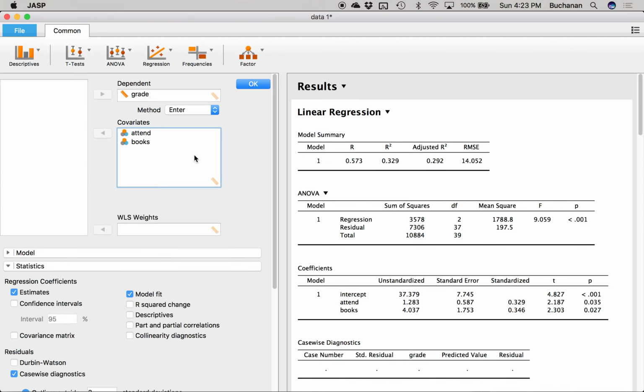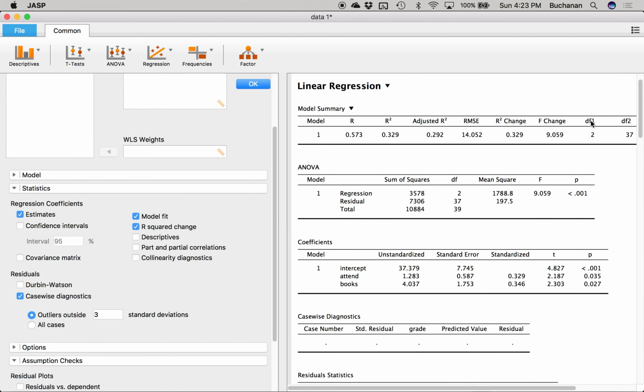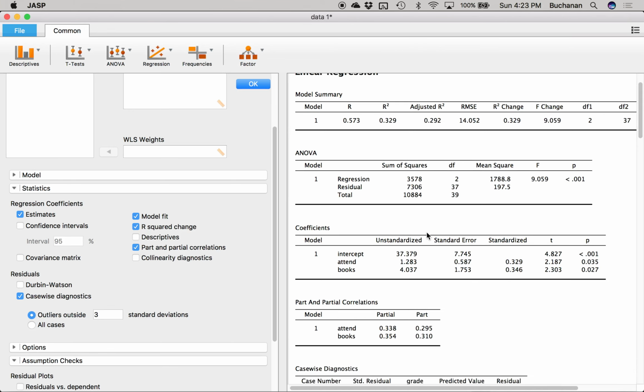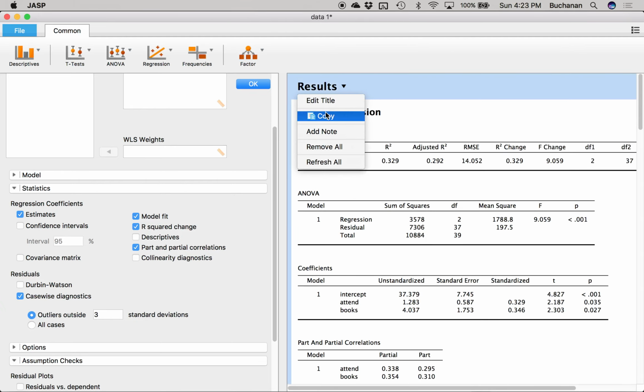Okay. So what I've got is the model summary up here. We're going to come down over here and click R-square change, because remember that'll put our F statistic up here where we can use it rather than looking down here. We've got our coefficients, and we definitely want part and partial correlations. Let's copy all of that